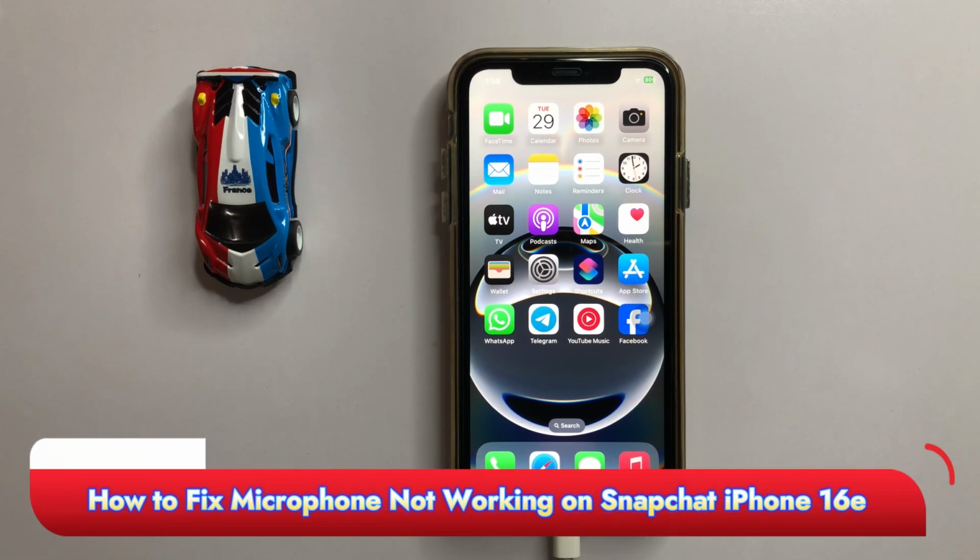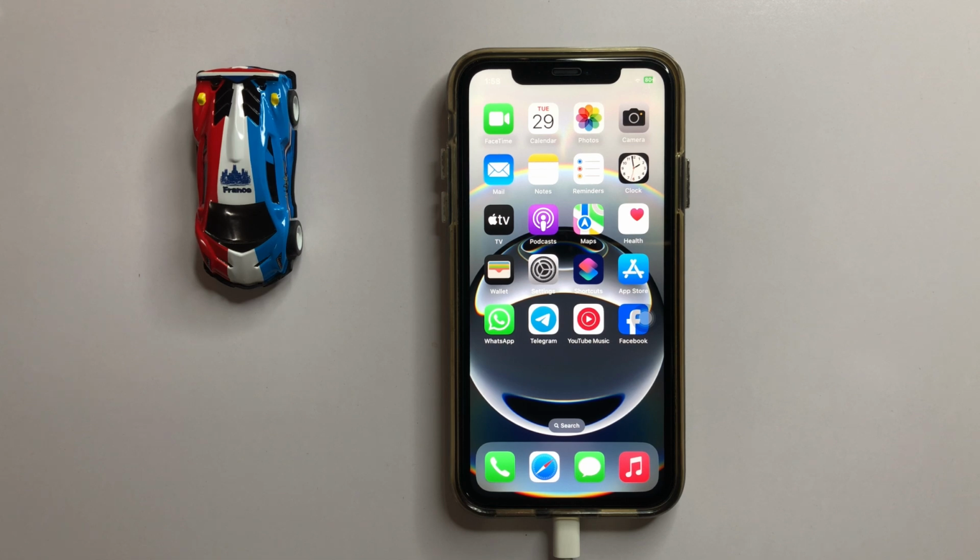How to fix microphone not working on Snapchat in iPhone 16e. So let's start the video. First of all,